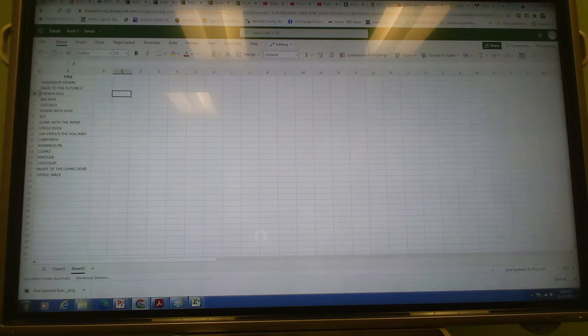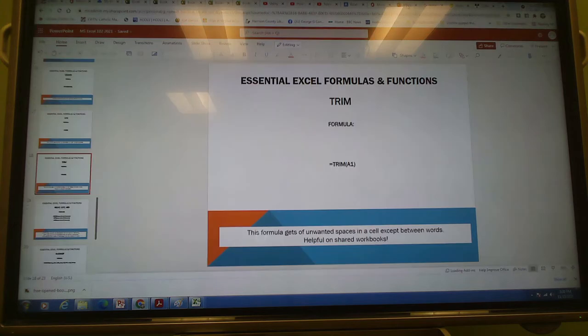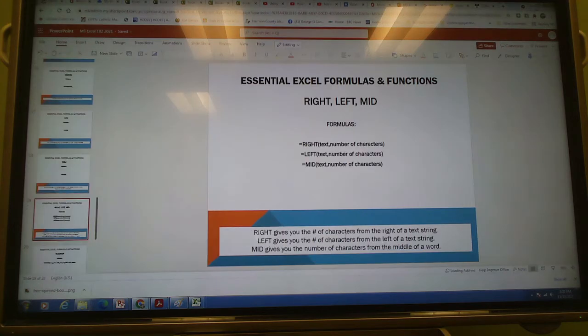Okay, the next one on our list is, got a lot of presentations here. The next one on the list is RIGHT, LEFT, and MID. RIGHT gives you the number of characters from the right of a text string. LEFT gives you the number of characters from the left of a text string. And MID gives you the number of characters from the middle of a word. So if I did,